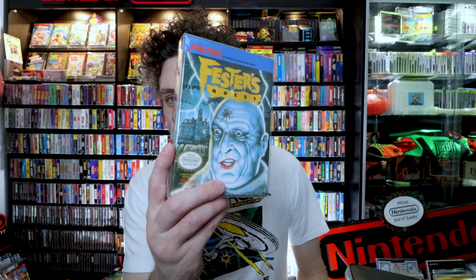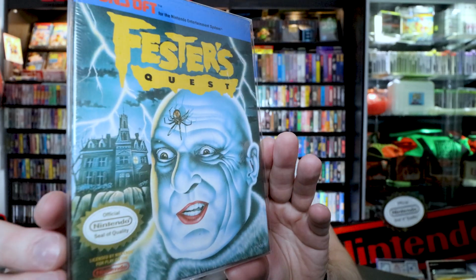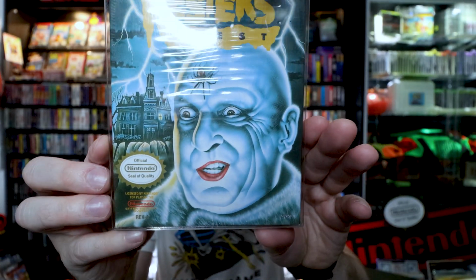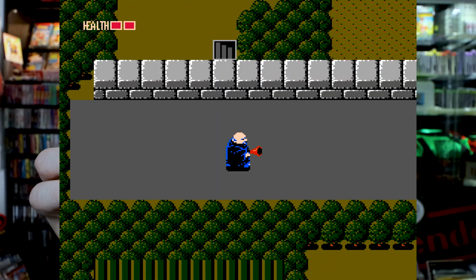Next up we have Fester's Quest, Sunsoft classic. Like, great music. This game isn't the best, but it's just so nostalgic and it's just fun enough to where people remember it being awesome. But